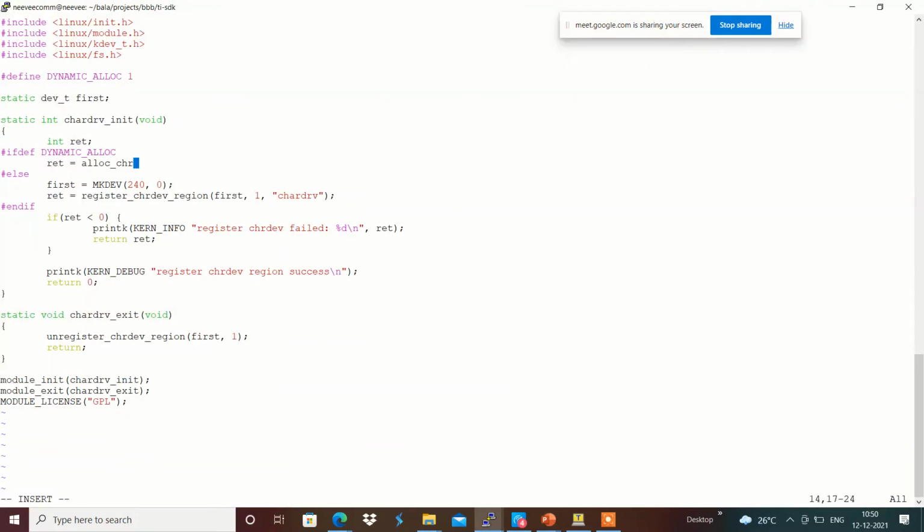Chrdev_region over here, and we will be providing something like our first as a pointer, so that whatever dev number is allocated will be filled in the dev_t structure of first that we are giving over there.